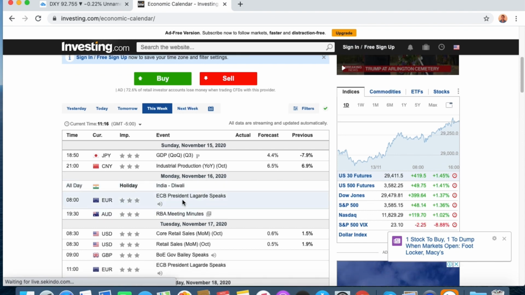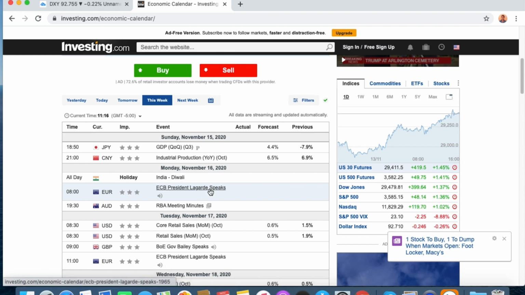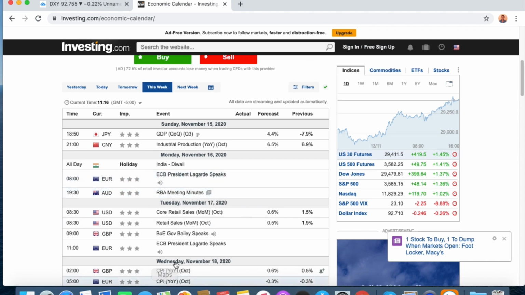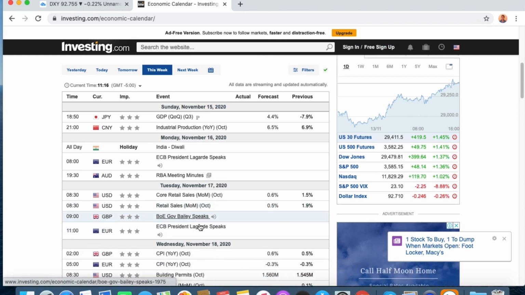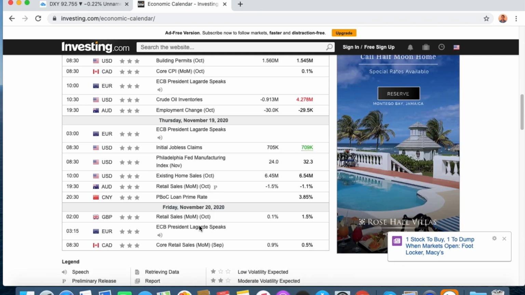So I don't know which one of these currency pairs will get stronger, but hopefully we'll just focus on technical analysis, and that we will be able to actually see where the market is going. So you have a lot of president's speeches for the Euro currency. For GBP though, I don't really see any major news, but retail sales and